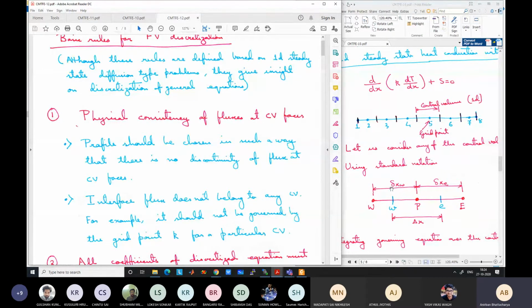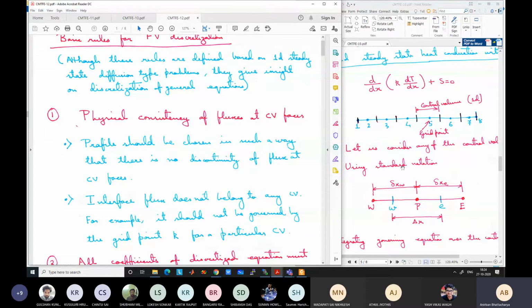But mathematically we have seen that when we are calculating the flux, we calculate it separately for each control volume. For P we are calculating the flux based on a profile assumption for P. For the W control volume, we are calculating the flux for the same boundary based on some other profile assumption. If the profile assumptions are not consistent, then the fluxes we obtain for these two adjacent control volumes will be different at the interface, which is not acceptable. So the flux needs to be continuous at the interface, although we are calculating it separately for both control volumes.